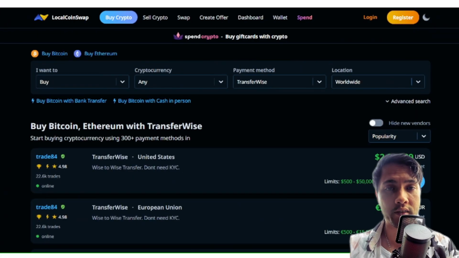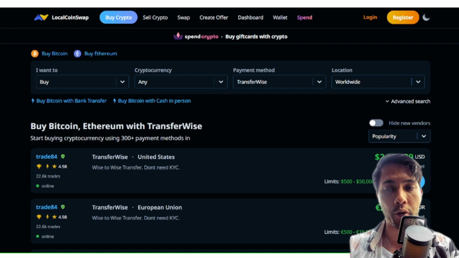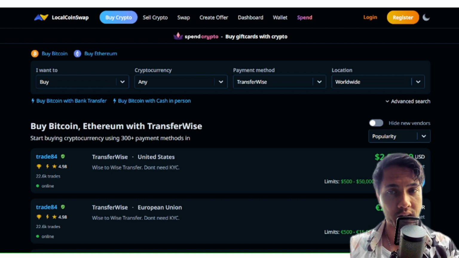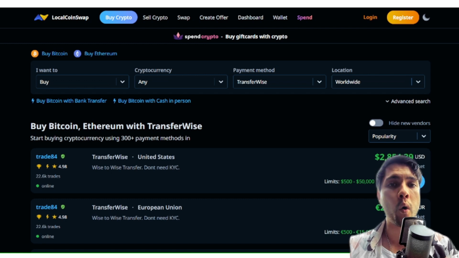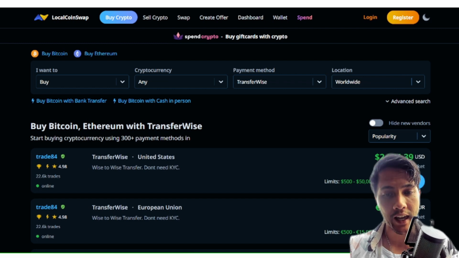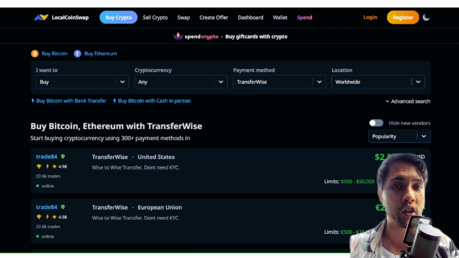Now, a P2P cryptocurrency exchange functions in a similar way to an e-commerce website. So think about eBay or Etsy. Anybody can sell anything they want, provided that there is a willing person that is wanting to buy. And the upside of this is that you can essentially create your own terms and conditions. On a normal centralized exchange, you've only got one method of buying cryptocurrency. You essentially do a bank transfer from your account to the centralized service provider's account, right? That's the only way of doing it.